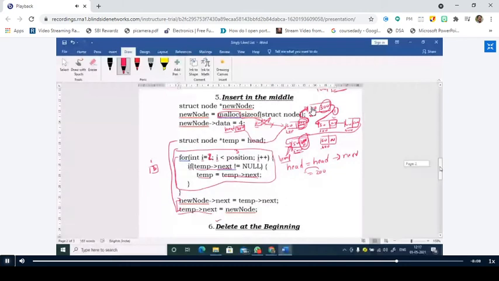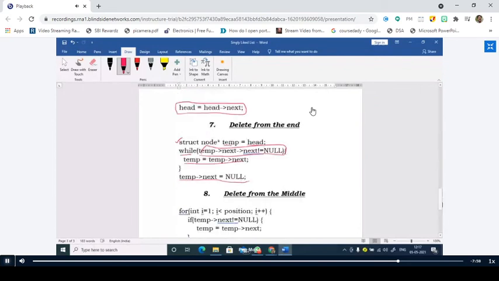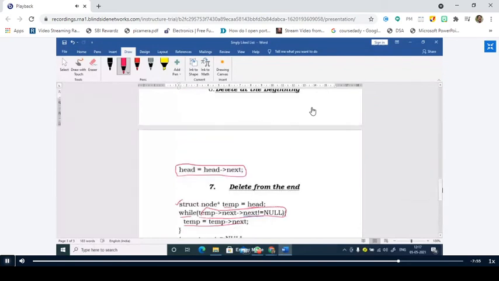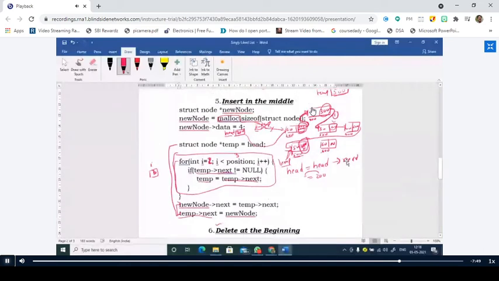Now deletion from the middle. I know how to go to the middle, right? So whenever I want to delete, for example, the third node. One minute, last two minutes. Let me remove all these things so that it will be clear.